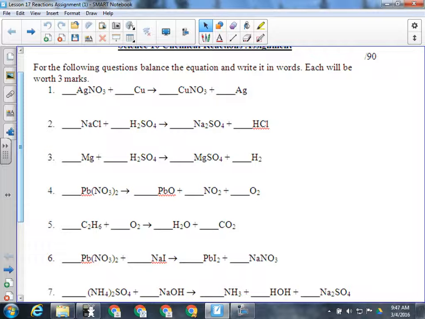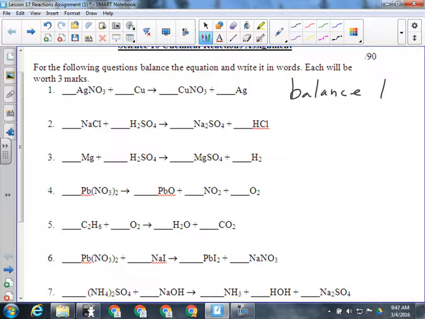You're going to get 1 mark for balancing it, 1 mark for the reactants being written right, 1 mark for the products being written right. Everybody follow me there? You might want to write that beside those instructions. 1 mark for the balancing. Balance, 1 mark. Reactants, 1 mark. Products,